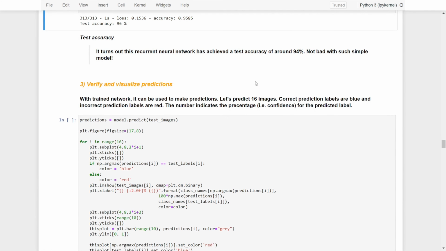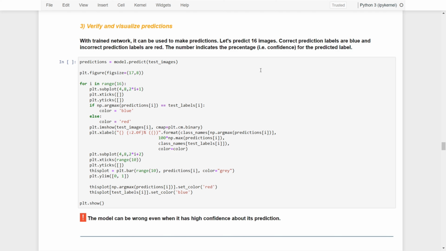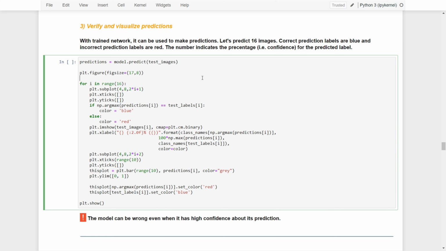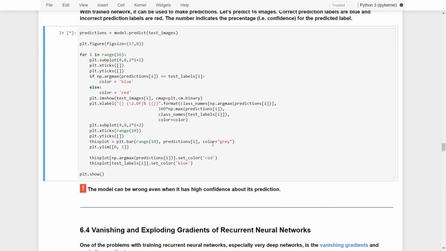With the trained model, we can also use it to make predictions. Let's predict 16 images, where the correct predicted labels are blue and the incorrect predicted labels are in red. The number indicates the confidence for the predicted labels, because we've used the softmax activation function at the last layer. Now, if I run this,